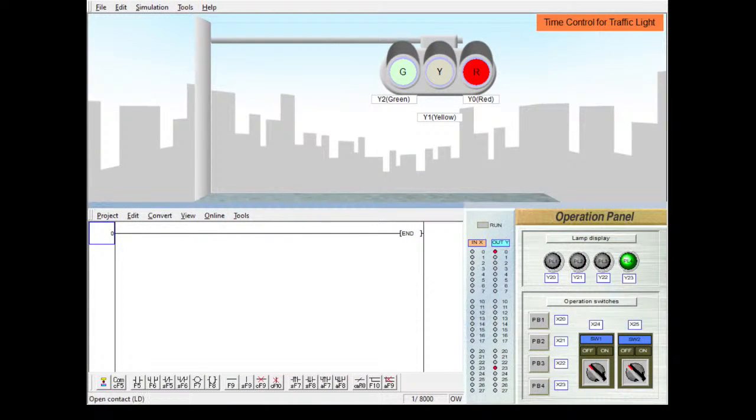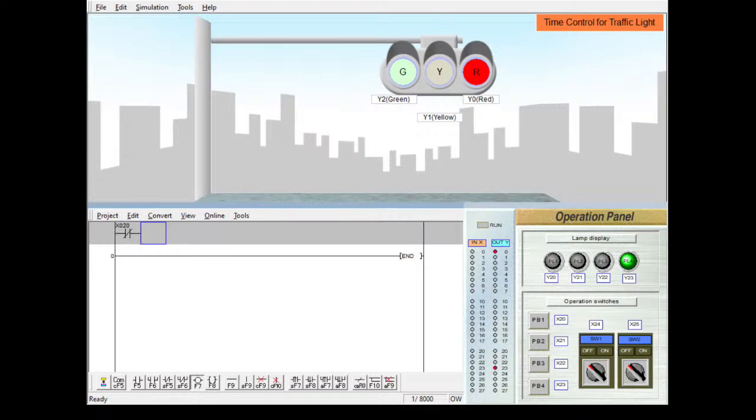Edit ladder. This time I'm going to be very fast and straightforward with it, so you might not have opportunity to stop me in between for this. If you want to stop, just type your question and I'm going to answer. So X20, or this time I want the program to start on its own. I don't want to be the one to come and start it. So I'm starting with a normally close. Okay. Then to an output